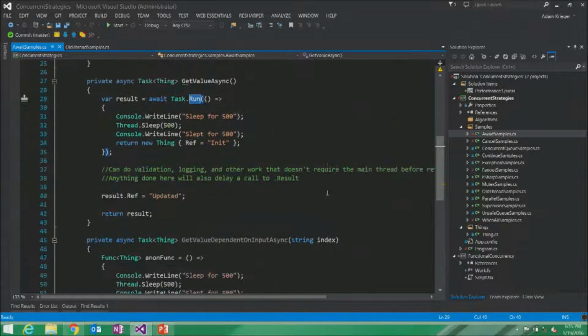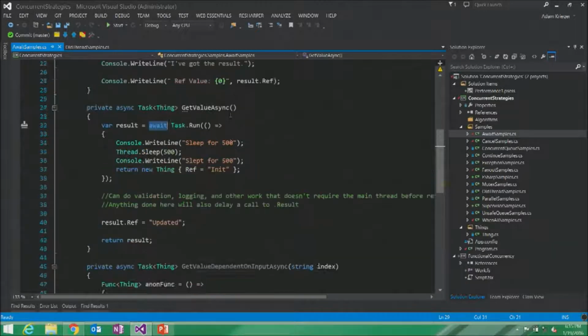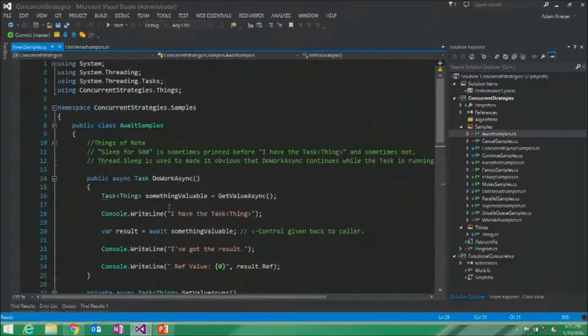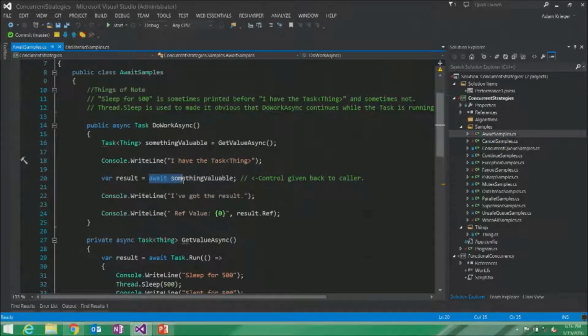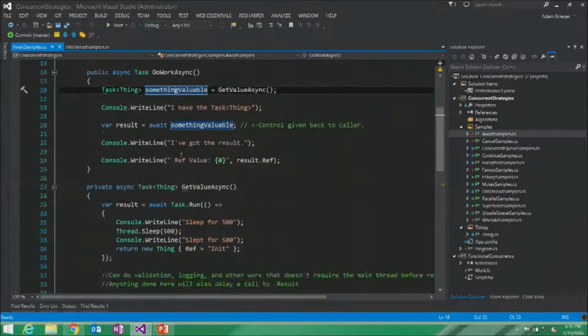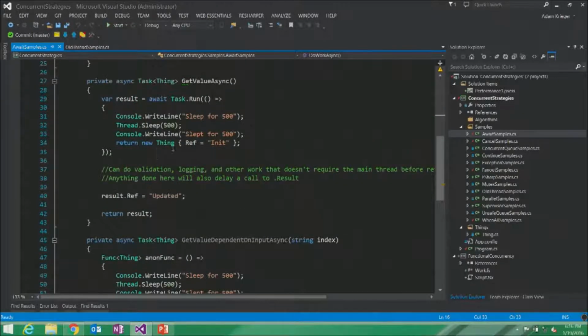So what that means is, even though I'm awaiting here, at this point I'm returning control back to do work async, and it's going to be able to run this console write line right away, and it's going to get one line down, and then it's going to await the return of the task. So it's going to wait for this task to finish at that point. Down in here, it's going to finish the ThreadSleep, and then it's going to continue the rest of it, update the value that it returned just to show that it actually does run the rest of the method, and it's not just returning here, because